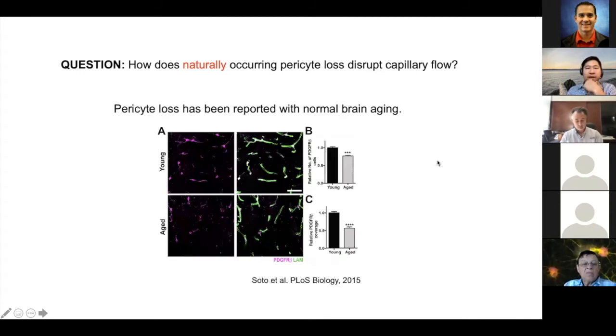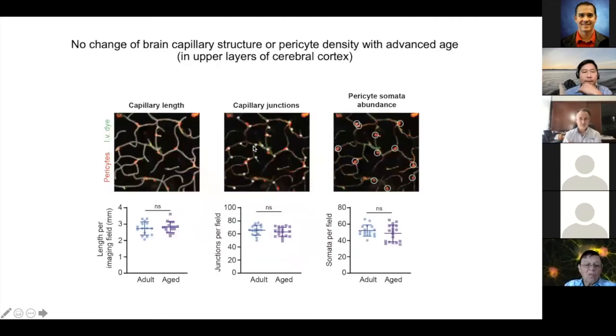And so we asked, well, what's happening in the normal aging brain? This is the foundation for all subsequent studies of disease mechanisms that are associated with age. And there is some research that's been done showing that there's a loss of pericyte coverage just with normal healthy brain aging. And we wanted to understand what this does to blood flow. But something was not quite right. When we looked at these